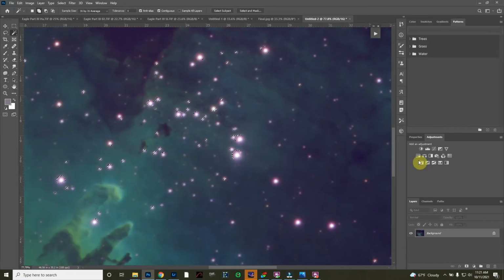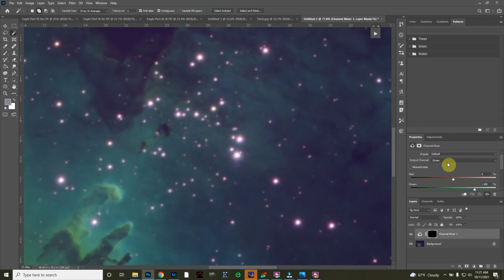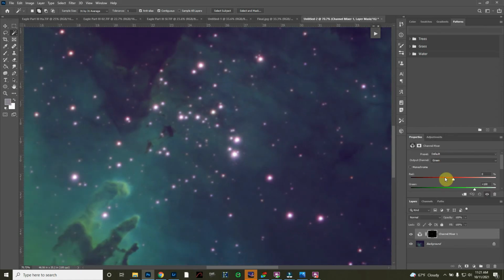So there's the selection, and I can go in here, for instance, and I can hit channel mixer or the balance, or I can use the levels. Now, each of these do a slightly different thing, so all I'm going to say is just be careful how you use these, because you can end up with funny looking halos, or you can actually clip the data right around the star, and you'll have like a black ring around the star. So I typically like to use the data in there and change the data to match the background a little bit more. And you know, so I've selected the channel mixer here,